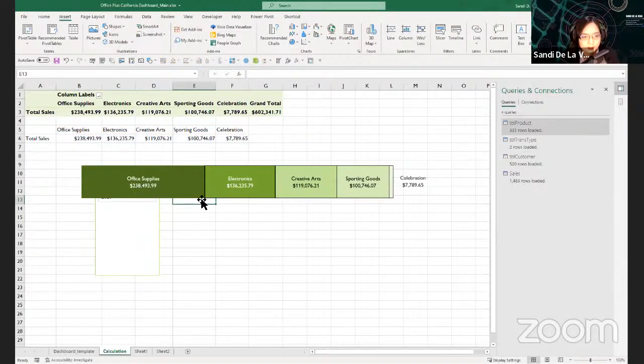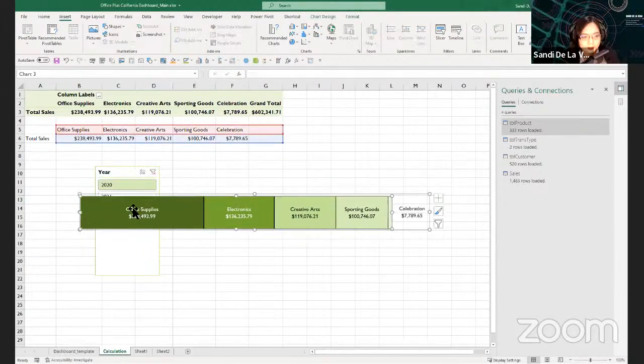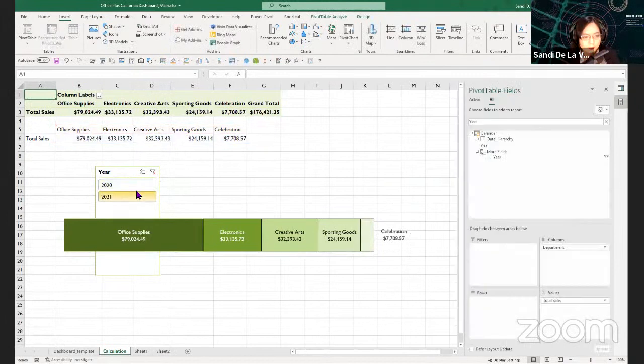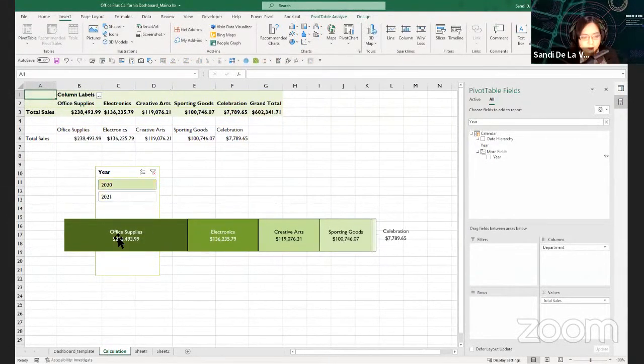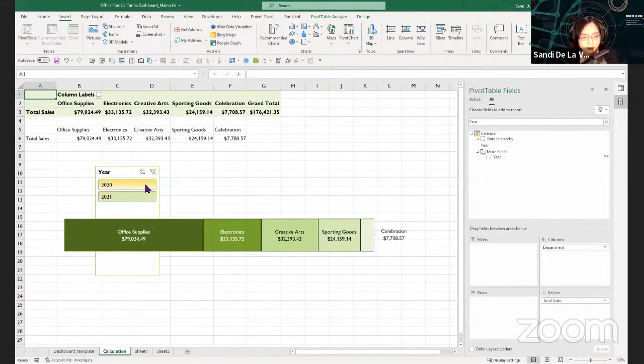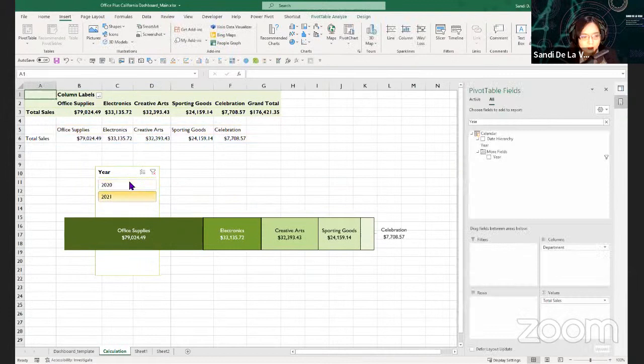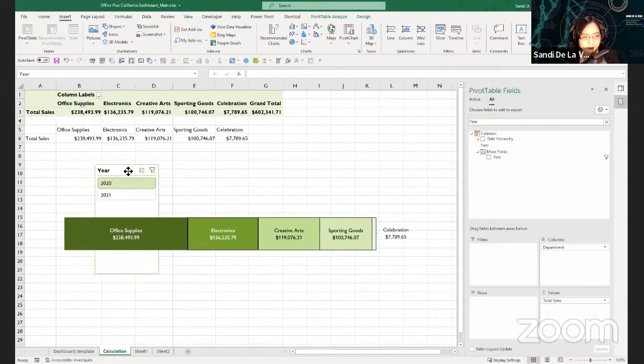So now we have created this first chart using DAX. You can see any change to this chart will not go back to the default format even if we use the slicers.